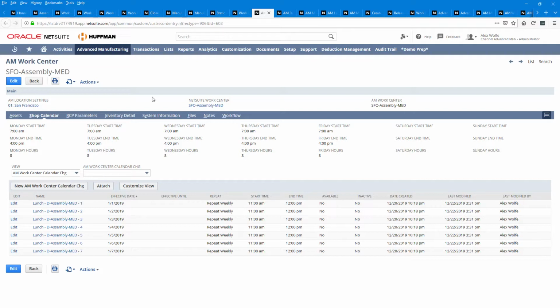And then here you'll notice that we can control our time per day on a per day basis. So you can see here that we've actually got our 7 days of the week. We've defined our time for this specific SO assembly work center, and we can actually associate